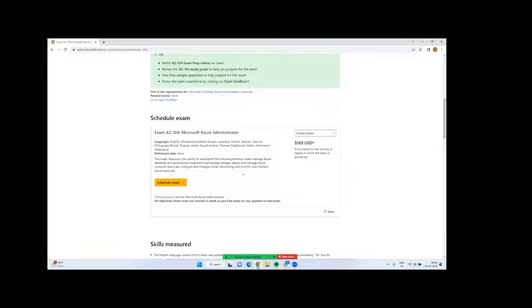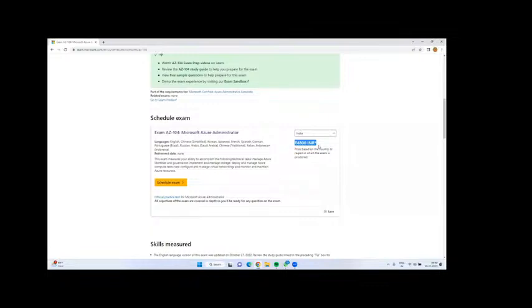You may have a doubt about what the certification cost is. This is $165, guys, 165 USD. Now change it to Indian currency. It is 4,800, and including GST it will go to 6,000. So any Microsoft Azure certification costs around 6,000 including GST.